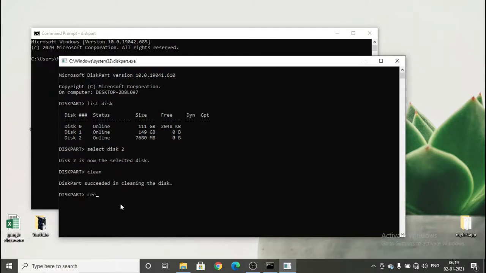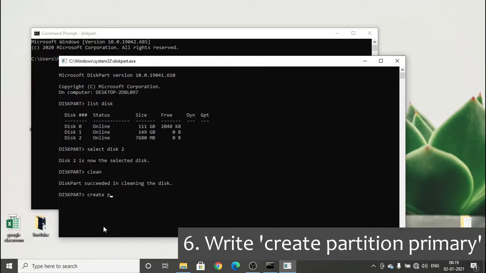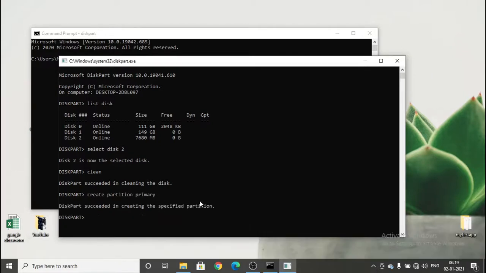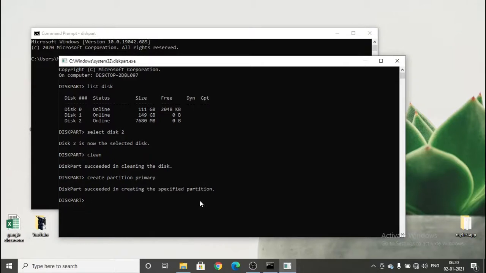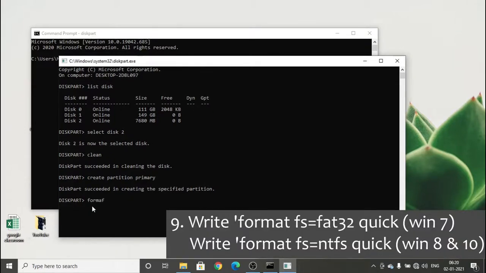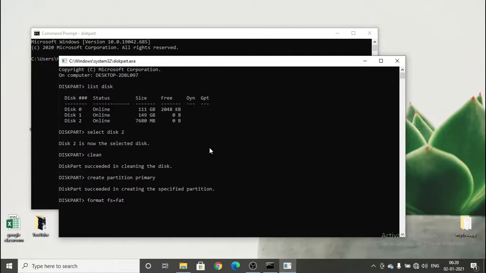Then write create partition primary. Then write format fs=FAT32 quick, which is for Windows 7, and if you are installing Windows 8 or 10, write format fs=ntfs quick. Here I am going to install Windows 7, so I am going to write fs=FAT32 quick